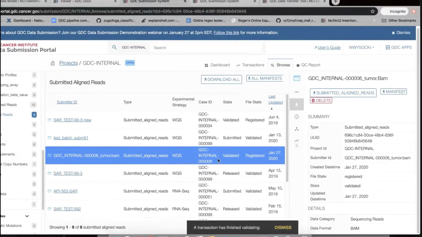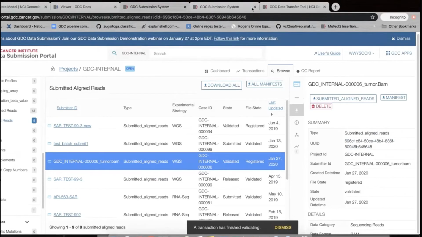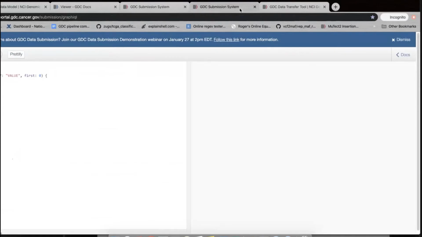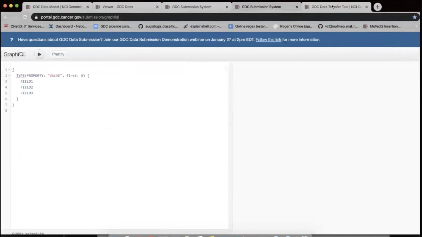So I click on this, and it gives us a UUID. So here it is. But we have another method that can be used for perhaps a larger number of submissions, which is the usual case. Usually people aren't submitting 1 file at a time. So what we have here is this nice interface called Graphical, which